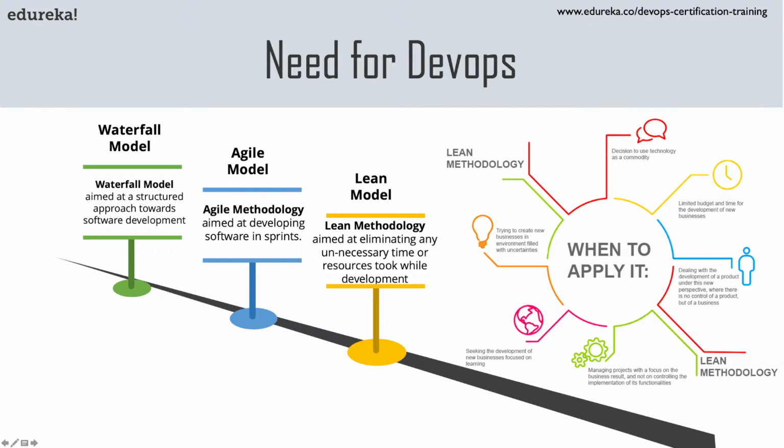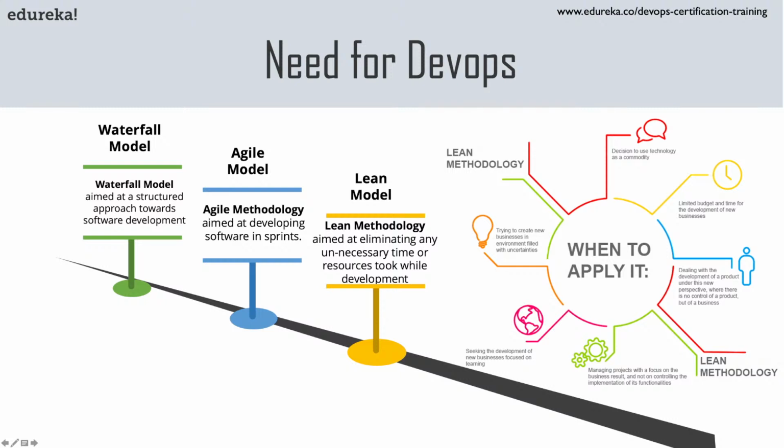Now, how did this model achieve it? This was achieved using conscious efforts towards minimizing time spent in meetings, minimizing extra meetings happening for the project. If a meeting is not required, then it was not pursued. So lean methodology basically endorsed a Hawkeye view of the whole project, understanding what things are not required, removing them, and continuing to follow the agile methodology. This was what the lean model was.